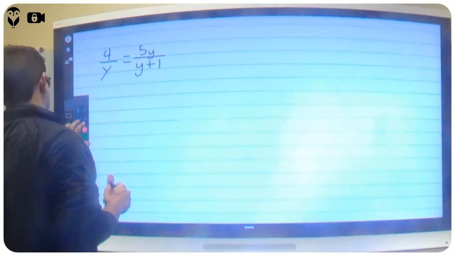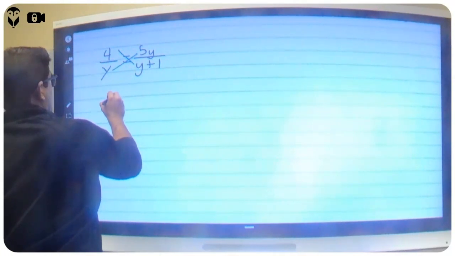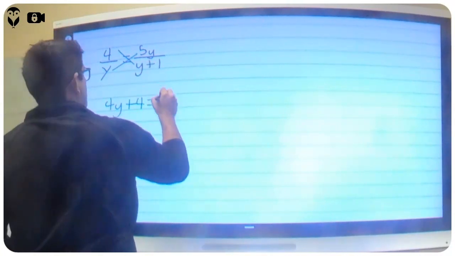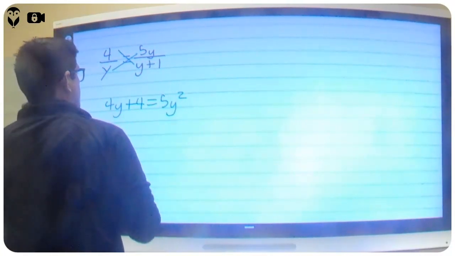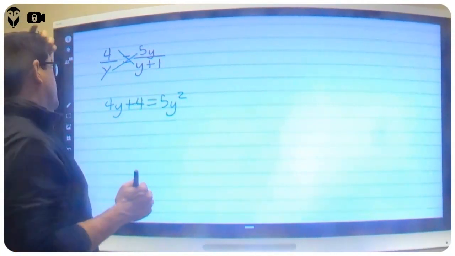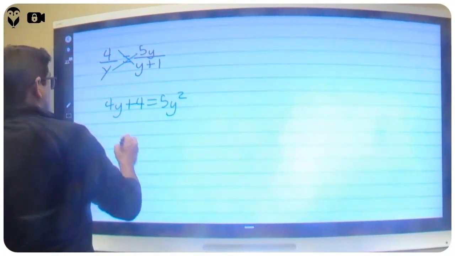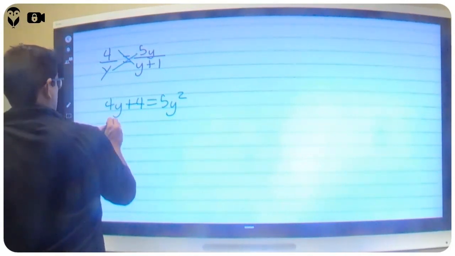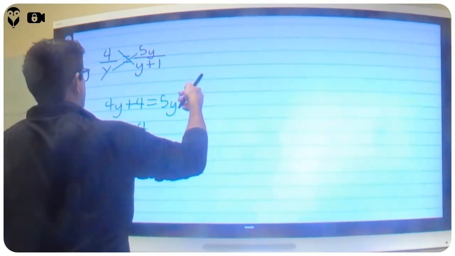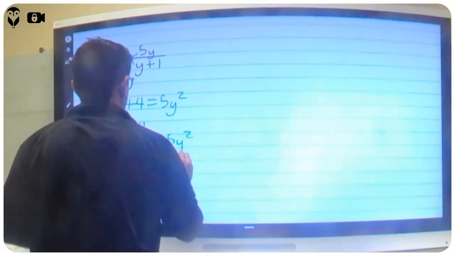I see 2 fractions. What I'm going to do to solve it is cross multiply. Cross multiply here. I'm going to get 4y plus 4 equals 5y squared. Okay, so seeing as though I have 5y squared on this side, and there's no way I'm getting rid of it, I'm just going to shift everything to that side and leave this 0. So minus 4y minus 4, shifting to the right,